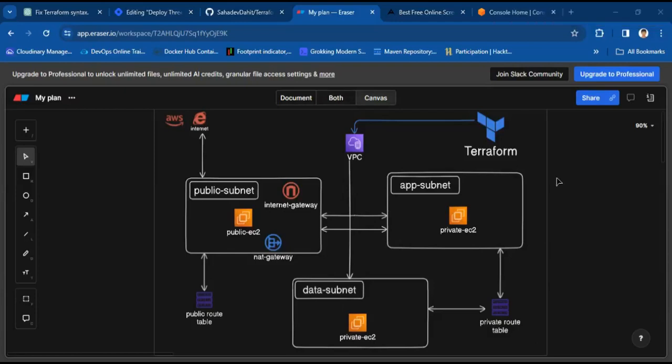Hello everyone. Today we are going to describe how to configure the infrastructure resources for the development of three-tier architecture in AWS. First of all, Terraform is an infrastructure as code tool used for building, changing and versioning infrastructure safely and efficiently. And some of its primary use cases include provisioning infrastructure, which allows you to define infrastructure in